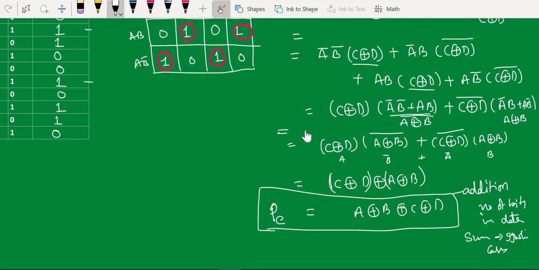So if you design the circuit, you are going to have A, B, C, D as your inputs.